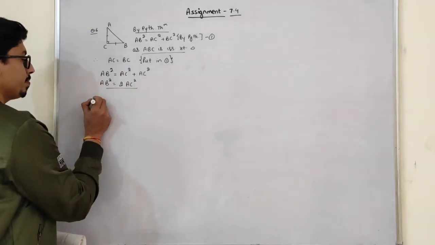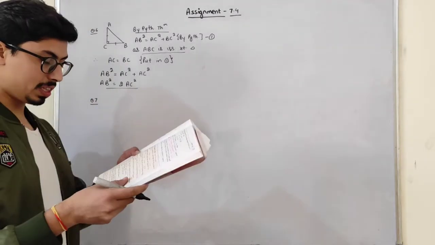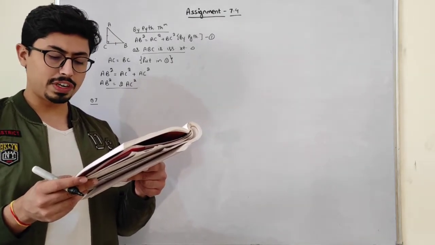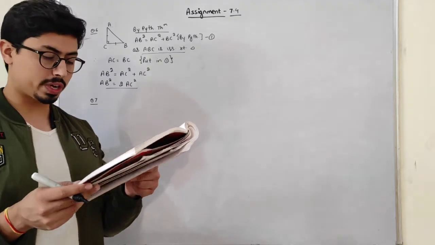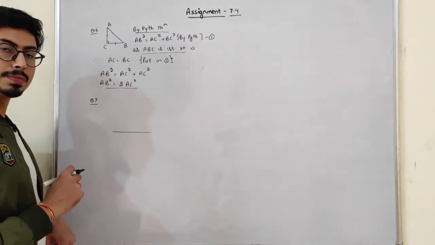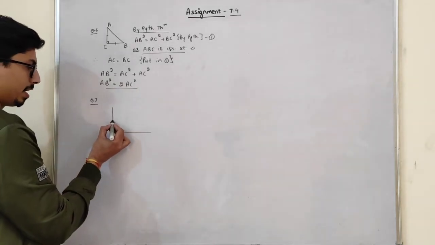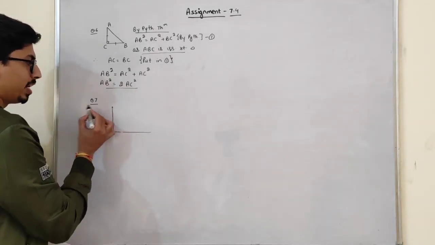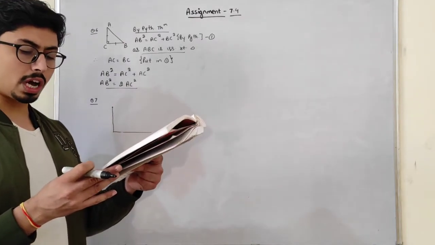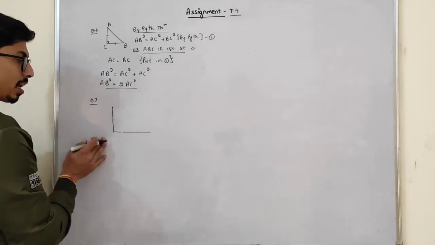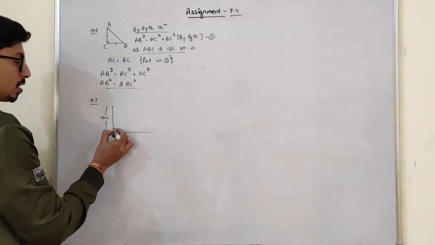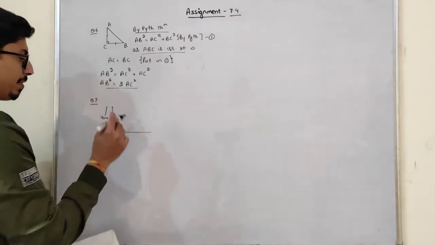See. In question number 7, a ladder of 15 meter long reaches a window which is 9 meter above the ground. Okay. See. Let us assume that this is the ground level. Okay. And here we have a window. At this point we have a window. And the window is 9 meter above the ground on the one side. See, this is the ground level. This is 9 meter. Okay. And here we have window.